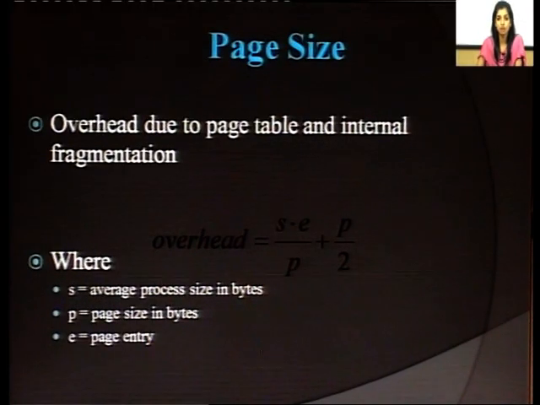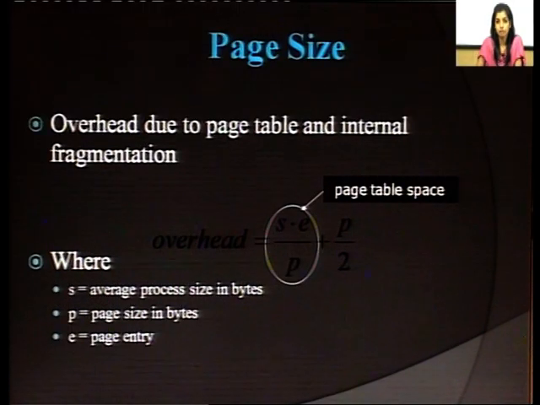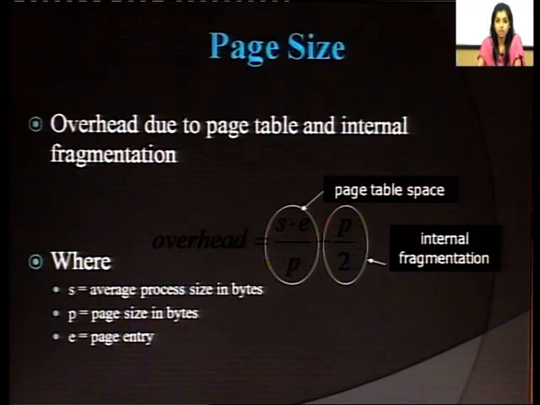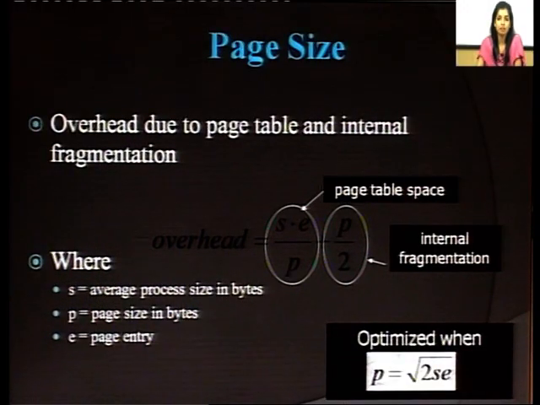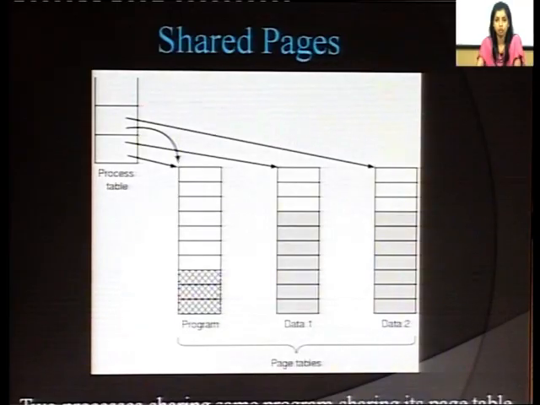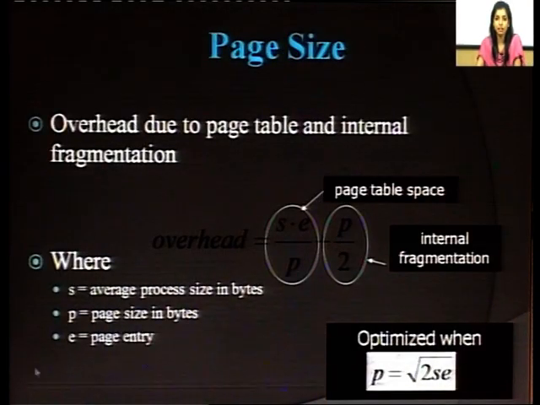So overhead can be calculated as: overhead = (average process size in bytes × page entry size in bytes) / page size in bytes + page size in bytes / 2. The first term is page table space and the second is internal fragmentation, and it is optimized when p equals the square root of 2se. We take the square root, then we calculate the